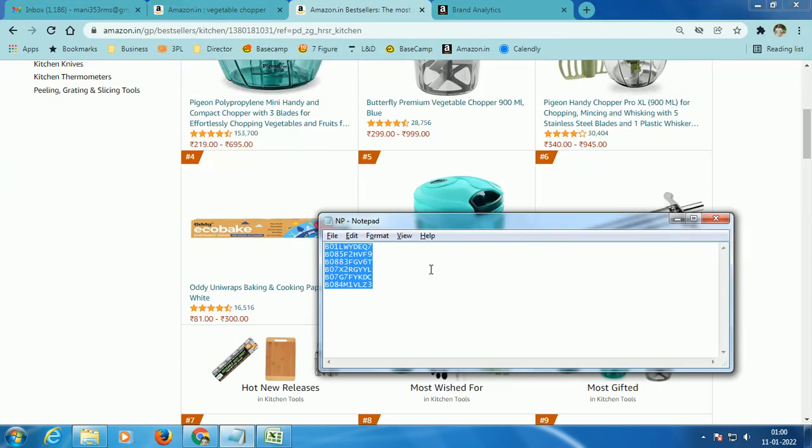We are just going to focus on these 5 competitors, but when you are doing your research, you should be looking into your top 10. The higher the number of ASINs you check, the better when it comes to analyzing your data points on Brand Analytics. With Helium 10, you have a limitation of just 10 ASINs, but with Brand Analytics, the floor is open to you. If you see somebody doing well, you should have that ASIN in your checklist and you should be tracking them. Now the first step to work is,